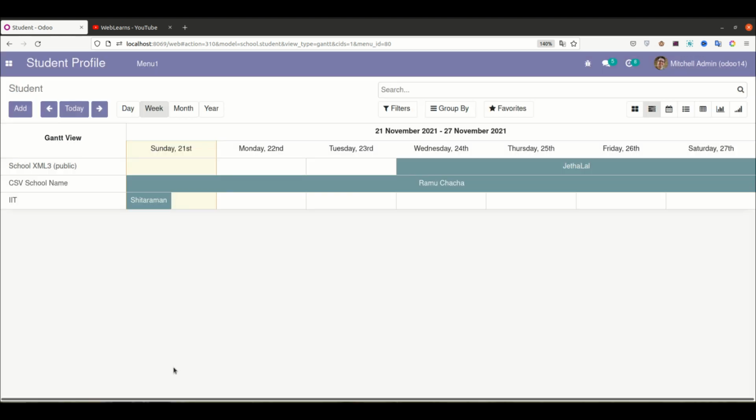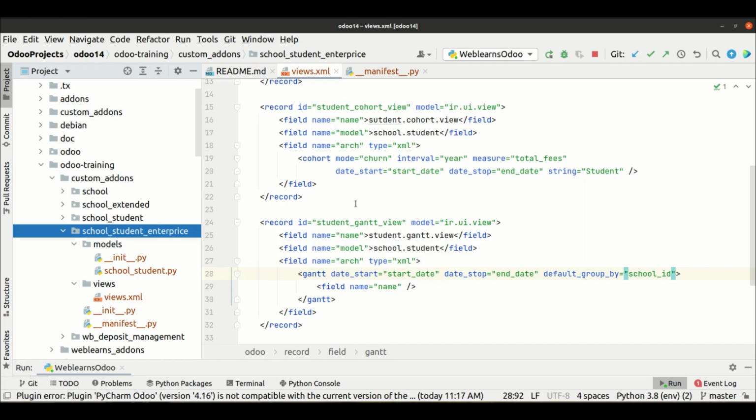So let me discard here for the temporary. And yeah, this is the Gantt view. Now let's see some operations here, how to extend this Gantt view. So we will see this one now onwards. So first thing is,